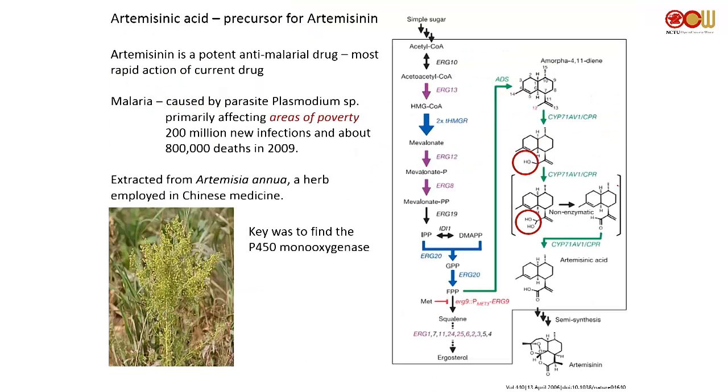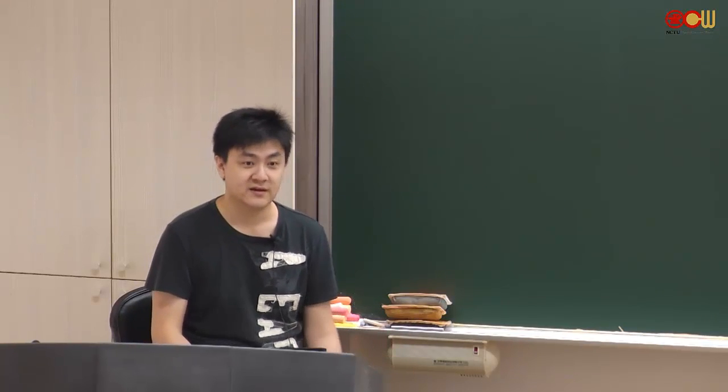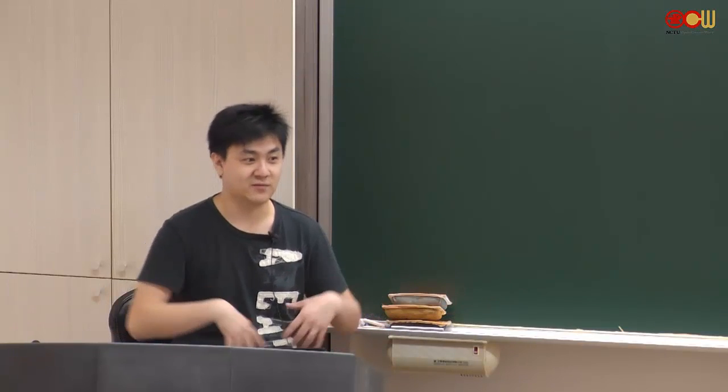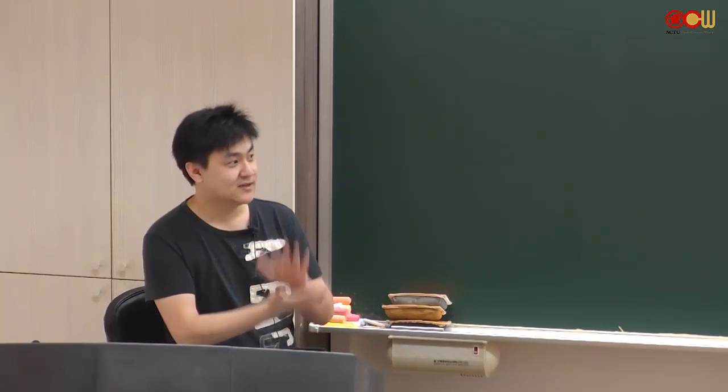Right, so this is another example. Artemisinin is a secondary metabolite found in plants. This thing is actually a Chinese medicine. So if you are interested in researching Chinese medicine, maybe you can study that, where you harvest a bunch of herbs, and then people do